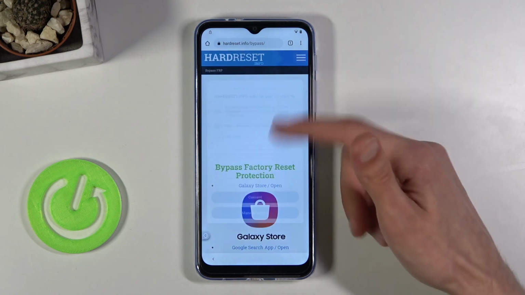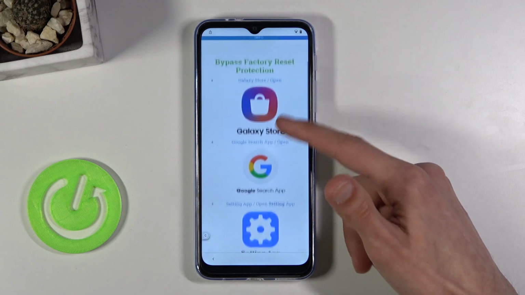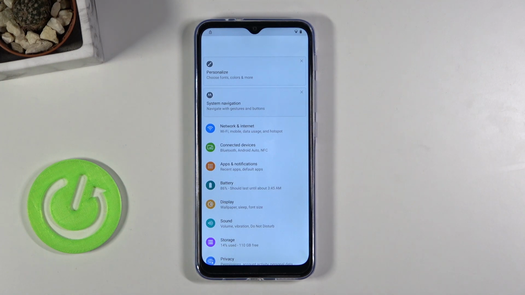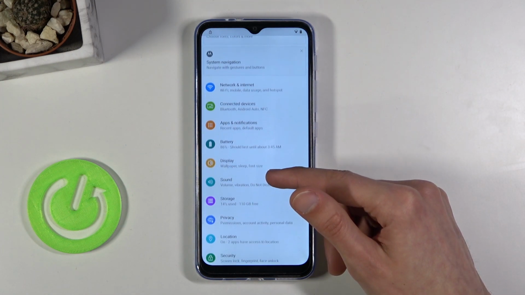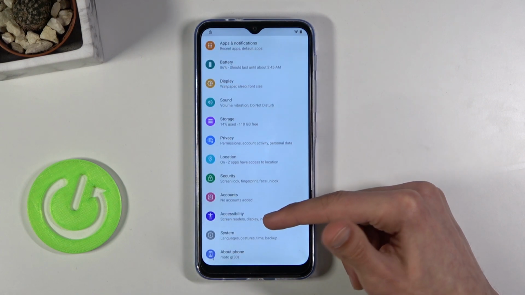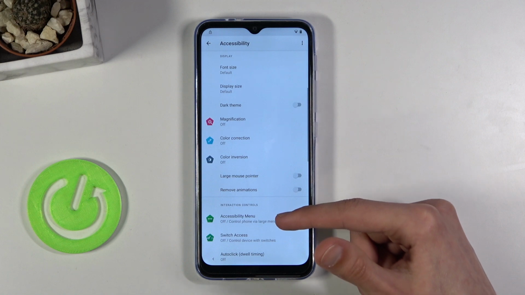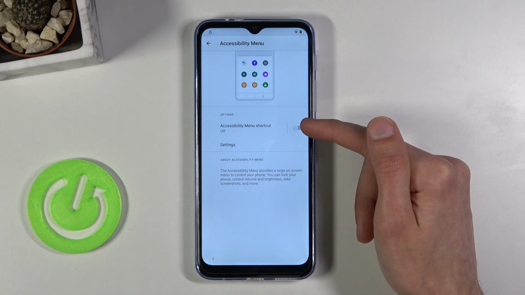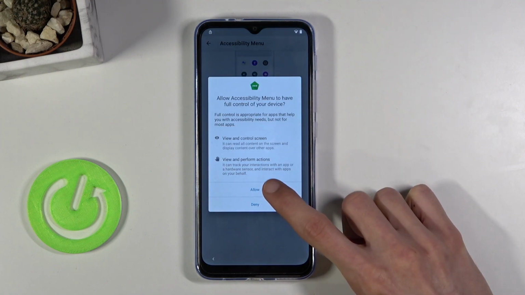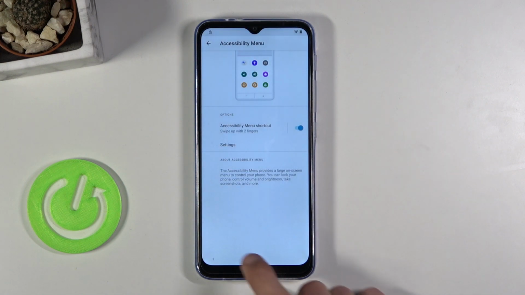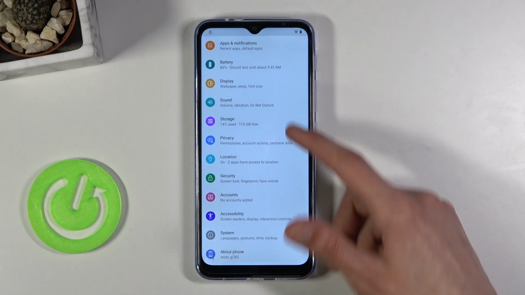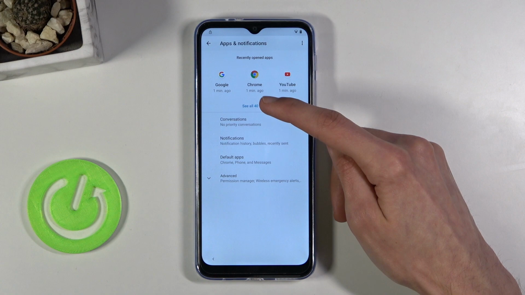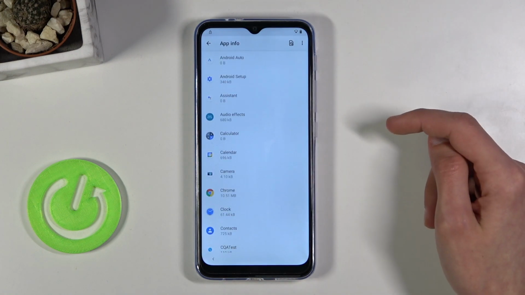Now once you are on the website, let's scroll down to settings right here, click on the icon, and this will open up your device's settings. So we're gonna start off by going into the, let me quickly scroll down, accessibility. Scroll down again till you see accessibility menu, and check this on right here. So accessibility menu shortcut, turn it on, allow, got it, and cool. So once you enable that, you want to go back once more, and from here go to apps and notifications,